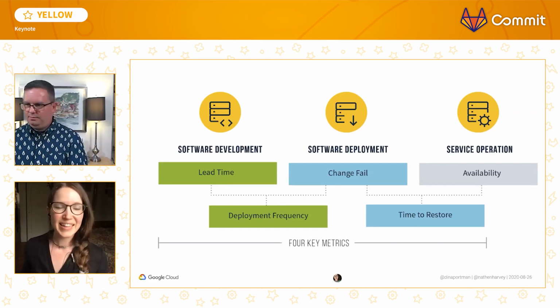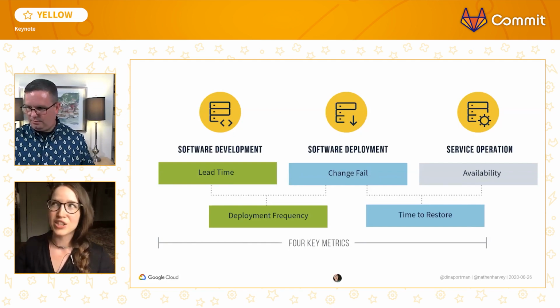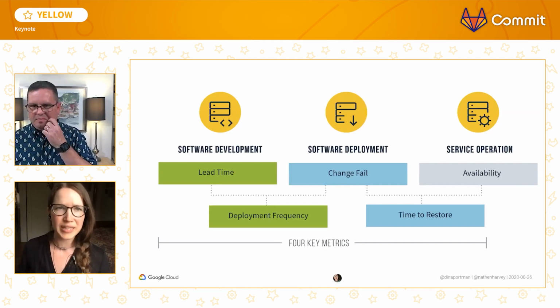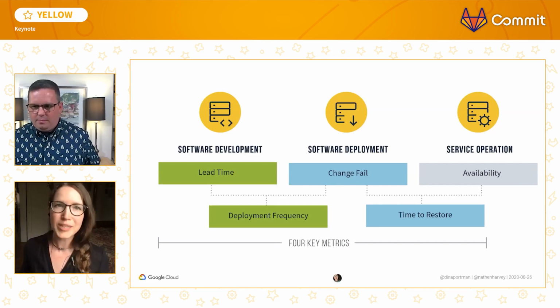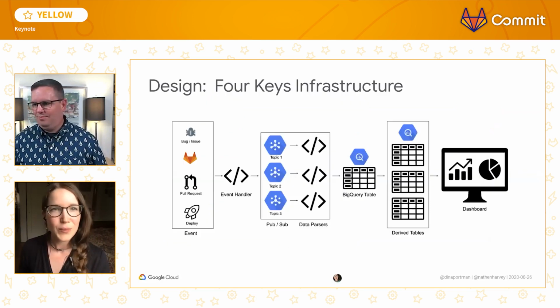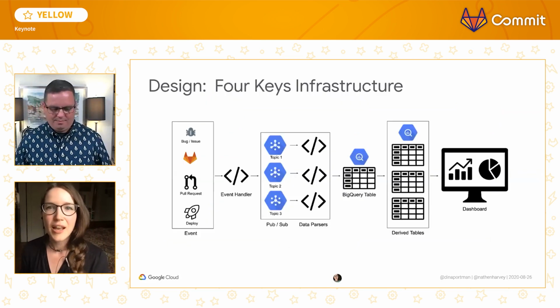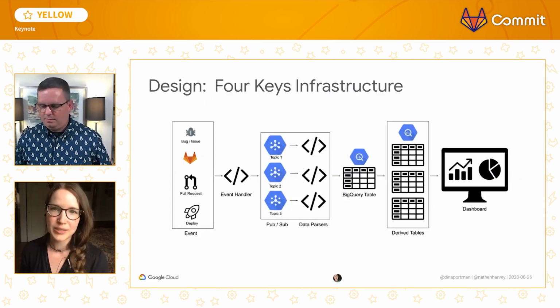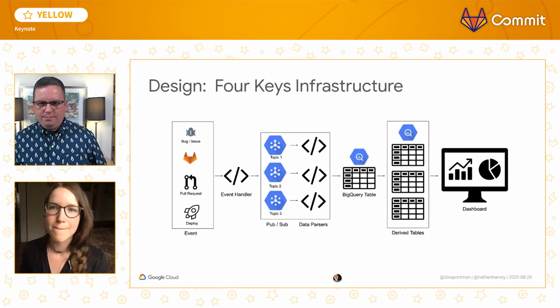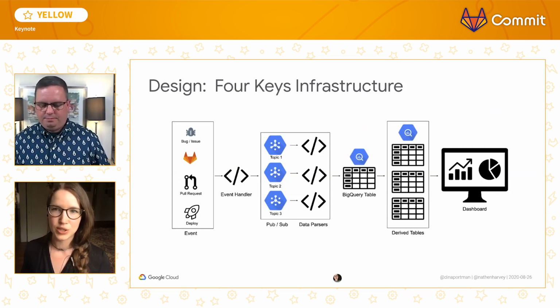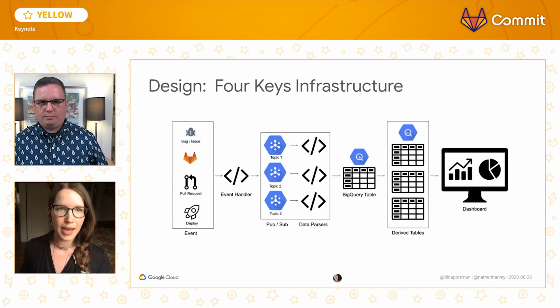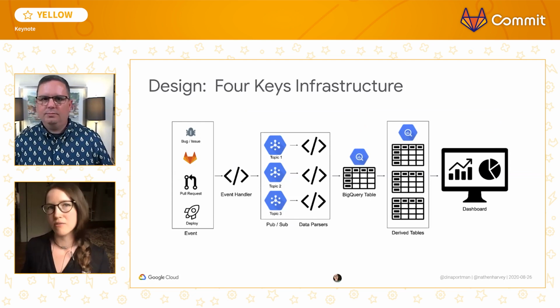And the great thing is that you already have the data. All of the tools and systems that you're using, they're generating all of these data points that we need to calculate these metrics. We just need to transform it. So when designing the 4 Keys project, our main challenge was that developers use many different kinds of tools and environments to do their work. So how do we capture all of it? How do we account for unknown data sources?